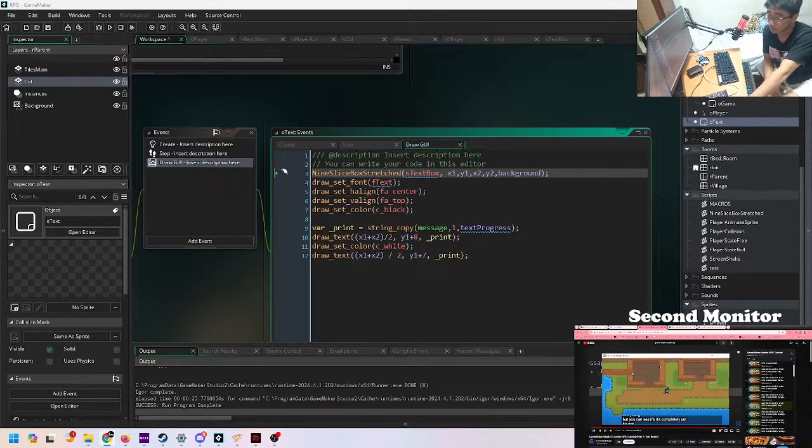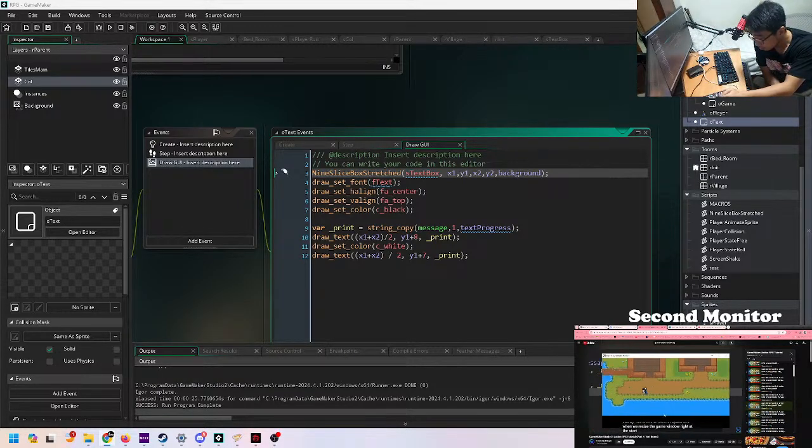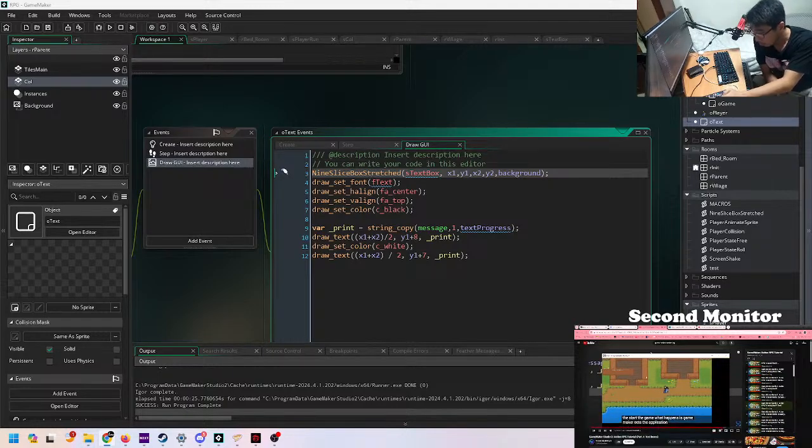You can see it's completely off, the resolution is off from the game, doesn't match up with anything. And that's because it looks similar but maybe slightly different on your screen depending on your monitor resolution. But for me, a resolution of 320 by 180 is this amount of space. And when we resize the game window right at the start of the game, what happens is GameMaker sets the application surface, the main surface on which everything is drawn, to a resolution equal to the window size, which is a problem for us because our window size